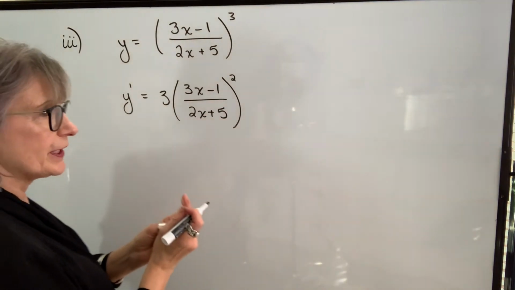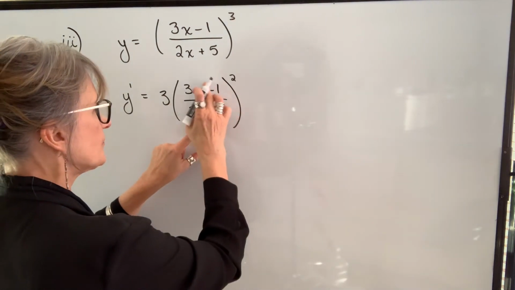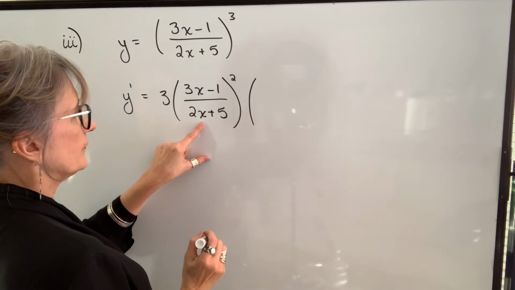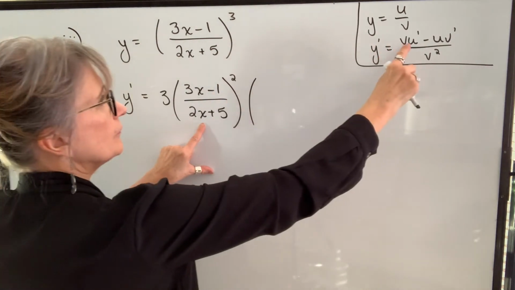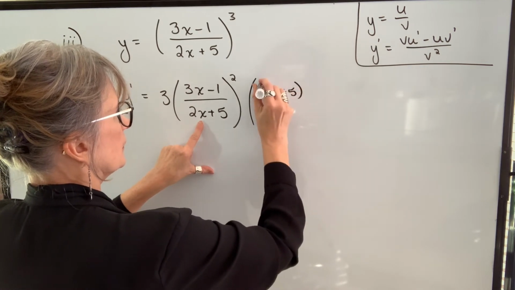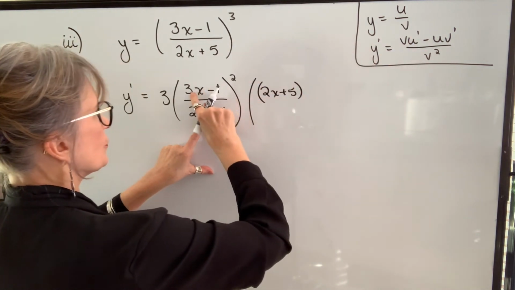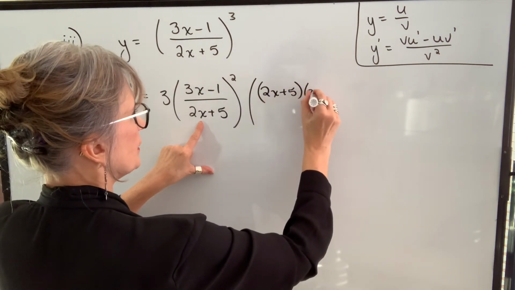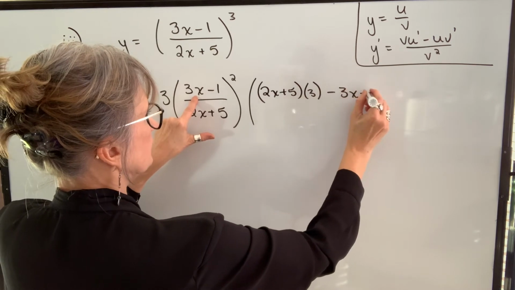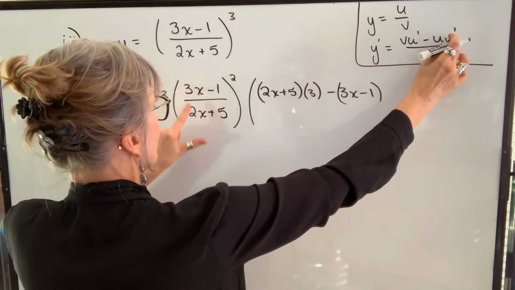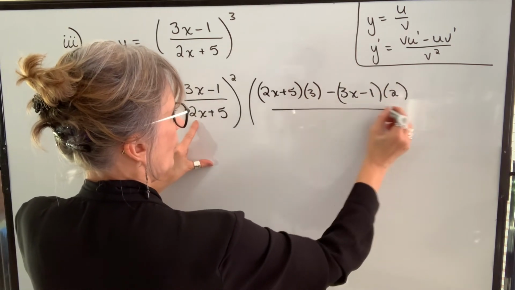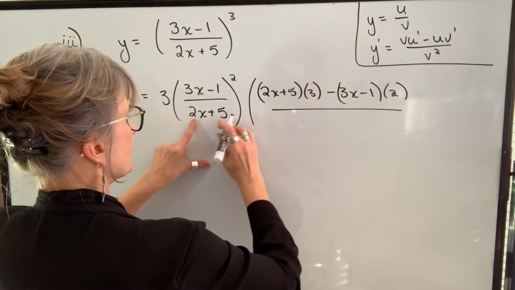And then remember, according to the chain rule or the power rule, I have to now take the derivative of this. This is a quotient, so I need to use my quotient rule. So v is 2x plus 5 times u prime, so the derivative of 3x minus 1, which is 3, minus u, which is 3x minus 1, times the derivative of v, the derivative of this polynomial is 2, all over v squared, so the denominator squared,